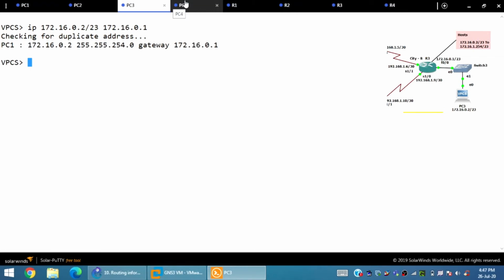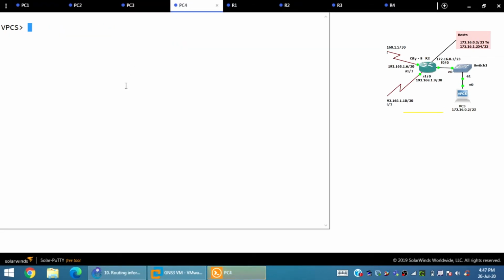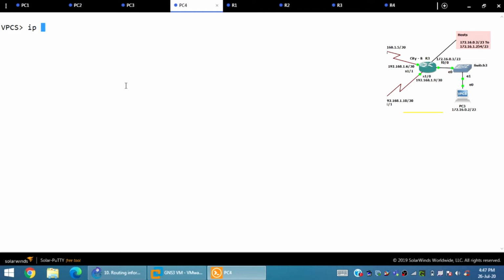Okay, done. So PC4 contains IP address 192.168.0.130, if not mistaken, with /25 and 192.168.0.129. So this is the default gateway, that's the router address, right?